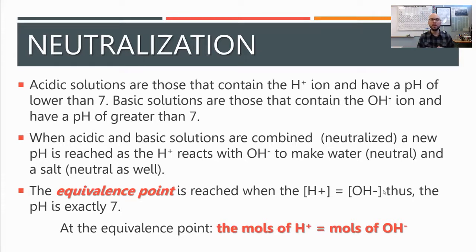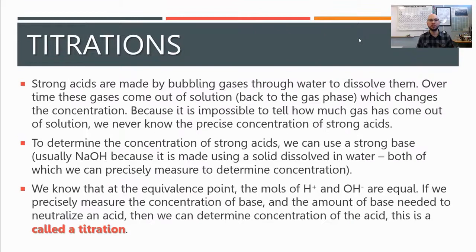We can imagine having an acidic solution, and then we slowly add a base to it until we get to the equivalence point, the EQ point. At that equivalence point, the concentration of the hydrogen ions and the hydroxide ions are equal, and that's really important. So the reason why we do this procedure, or neutralize something through a process called a titration, is because